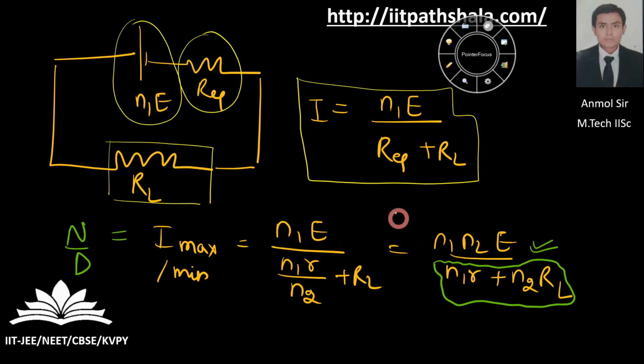Now the second part is saying that you have to maximize the following I. Now to maximize the following I, what I can do is minimize the following denominator over here. So I is nothing but a mathematical term which is having a numerator and a denominator. And as per my 9th class concept, I know that if I have to make this maximum, I have to keep my denominator as small as possible. So now what I'm doing is I'm just simplifying it.